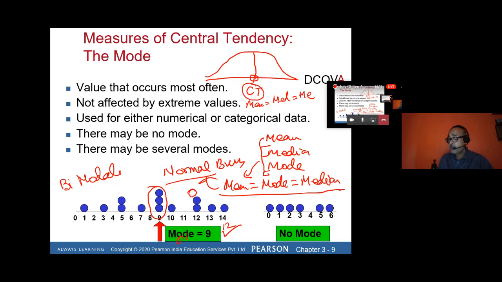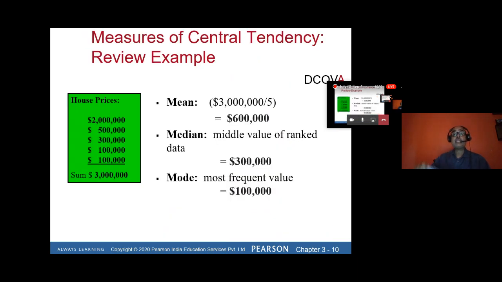If you refer to mean and its formula for calculation, we have given some exercises to you. For median, on page number 88, we have given how to calculate median, with exercises. For mode also, how to find out the mode we have given, and we have also explained it. In this particular, I have given you some illustration in this PowerPoint slide, which you can refer to after this class when you have time.